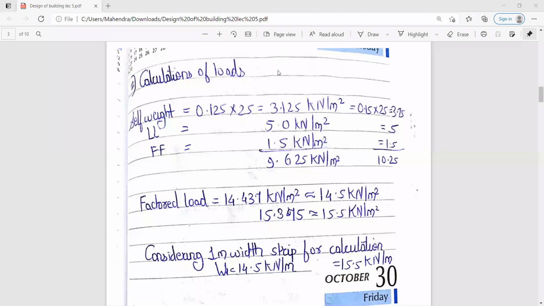We are designing for the slab S1, therefore we have considered this depth 3.125. And for this 0.15 we are going